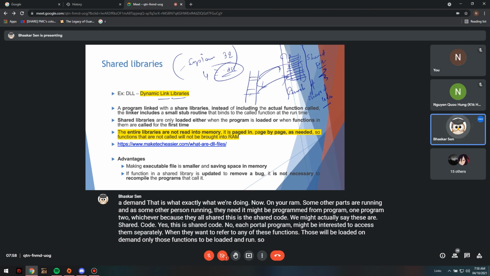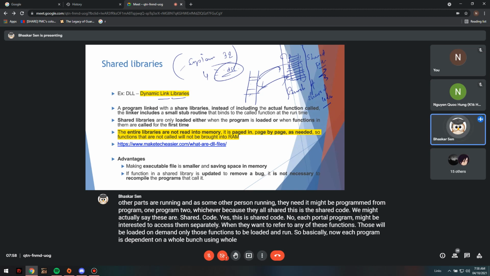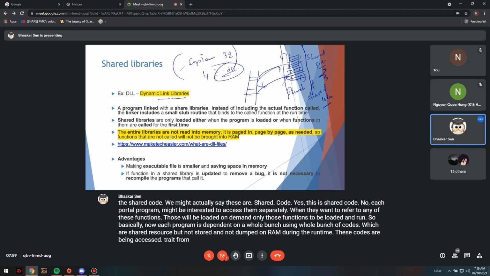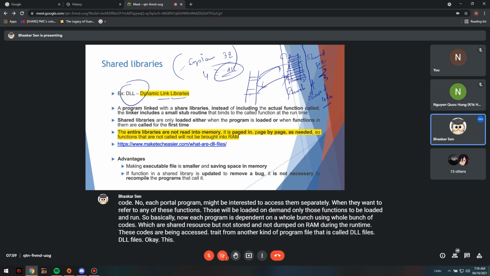So basically now, each program is dependent on using a whole bunch of codes, which are a shared resource, but not stored and not dumped on RAM during the runtime. These codes are being accessed straight from another kind of program file that is called DLL files. This was first introduced by Microsoft,